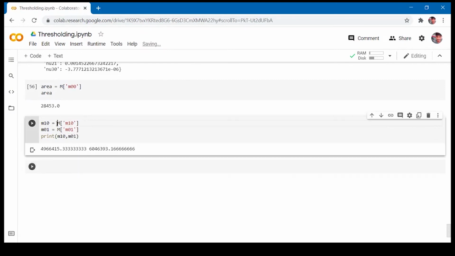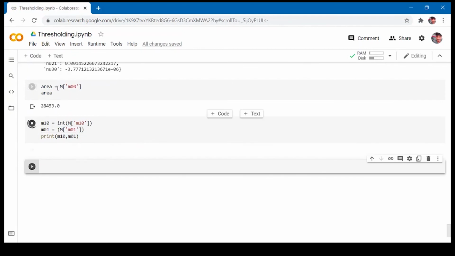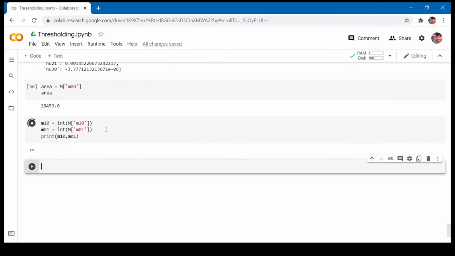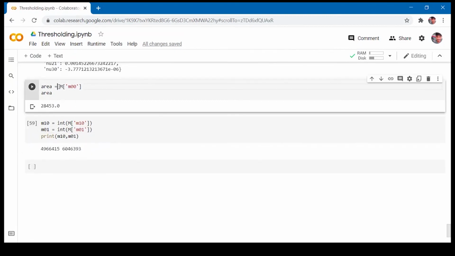We'll just typecast them into integers, and the area also.